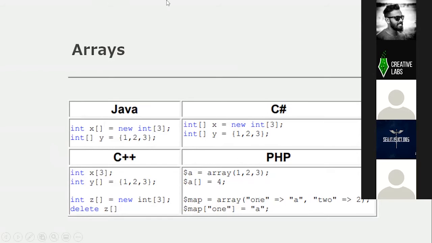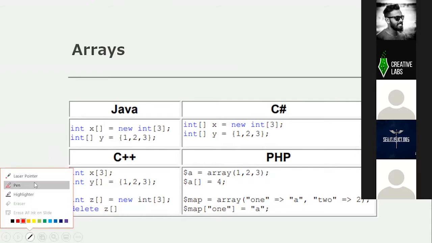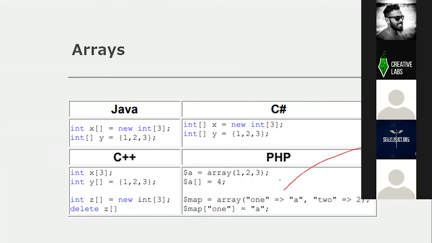This type of array is called an associative array. Associative arrays, in the sense, have a key, that means a unique identifier, and a value for that key. So this will be one set of values, and this will be another set of values. So it has a key and a value for that key, right?